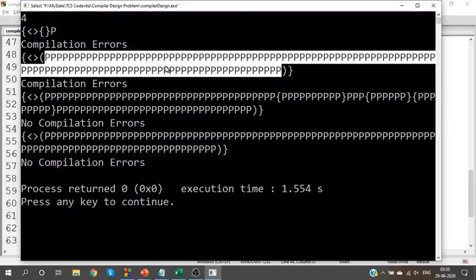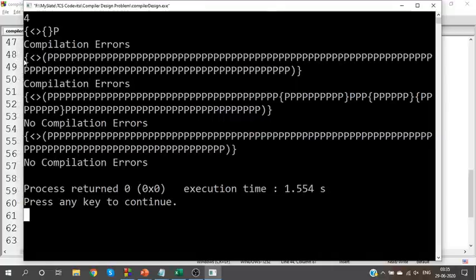P is nothing but instruction, right? Purposefully, I gave 110 instructions within a user defined function. Obviously, that is not allowed. Everything else is balanced, right? Open bracket, we have the main function, close function and close the program. But since instructions are more than the limit, we have a compilation error.